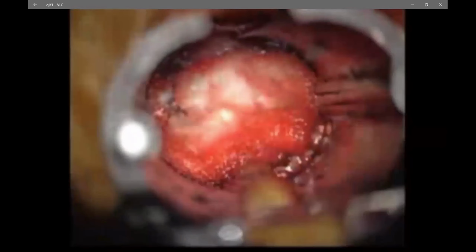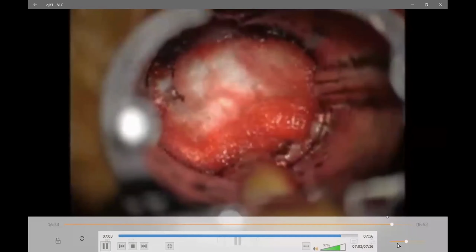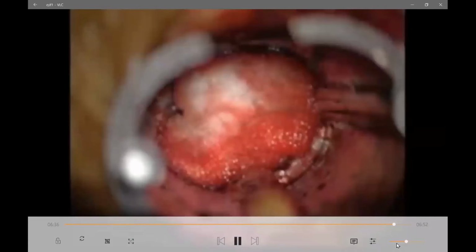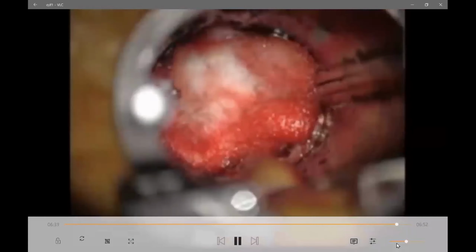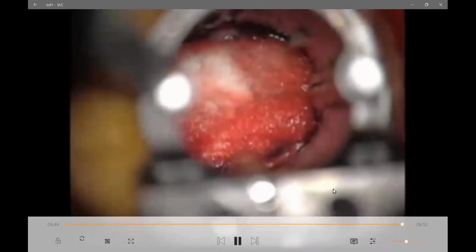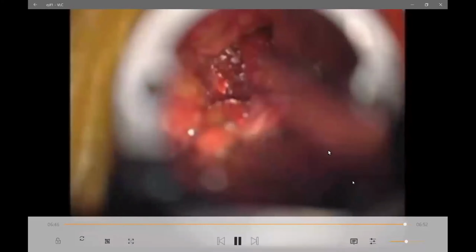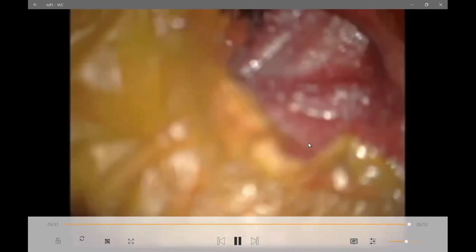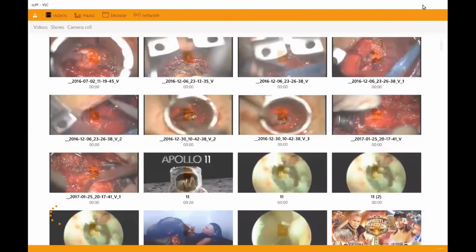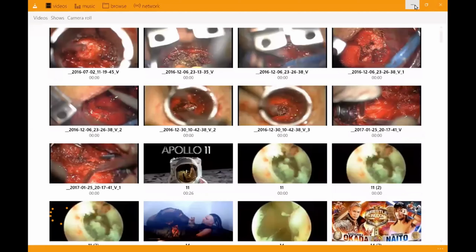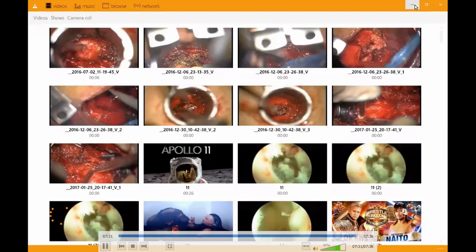Because gel foam, as it absorbs blood, will increase in size, and with its own weight, it will be able to press it. So now you can see that it has settled down. Now you take out the screws on the sides. And once you have removed the screws, you check it and you come out like this. This will be followed by closure, a layered closure where fascia has to be closed. And also you need to finish this procedure. Thank you for your attention.